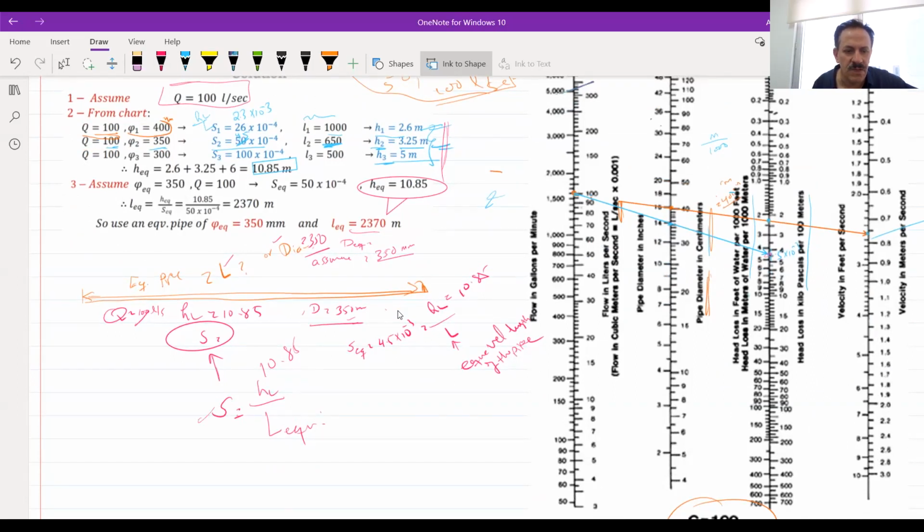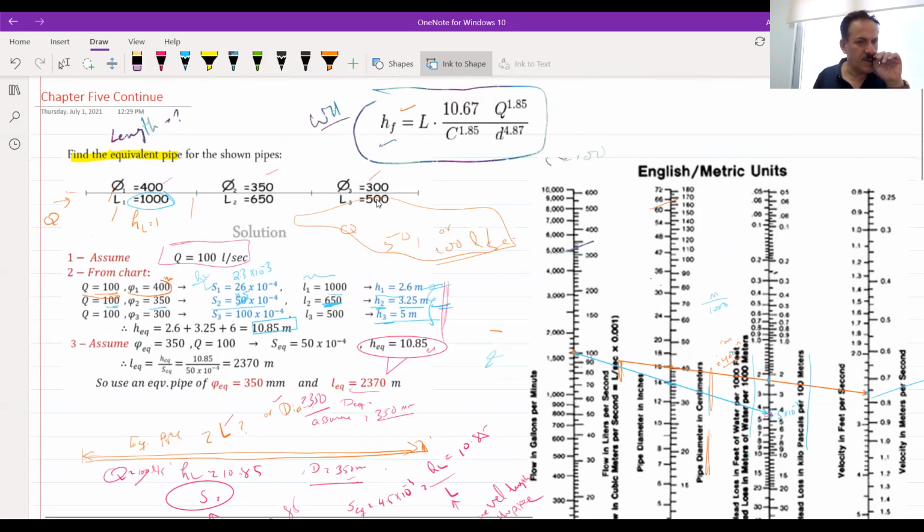Now, after having this S, I have the head losses of the whole equivalent pipe, which is equal to 10.85 meters. I have this one from the nomograph, and I have this one from the previous three pipes. So what I should find is the equivalent pipe length for the whole three pipes. Or you can assume a length of the pipe. For example, if I want to exchange all those three pipes, how many is the length of the pipes that we have? I have